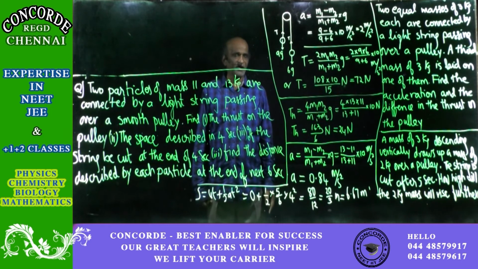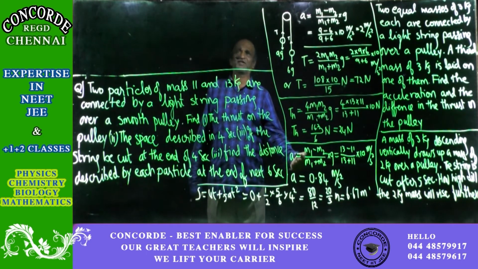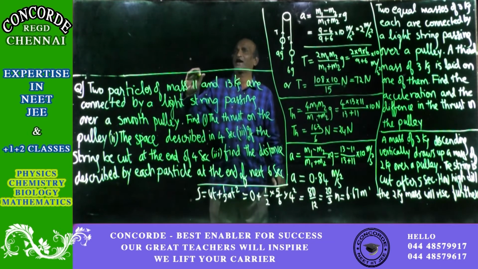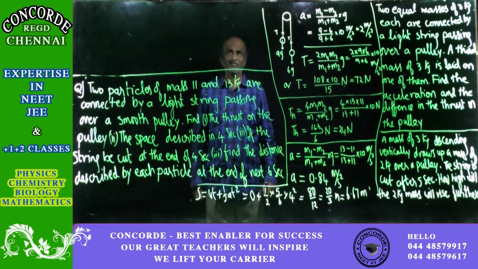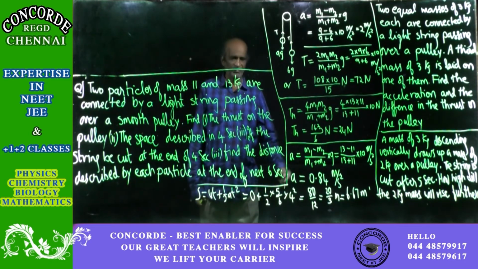So we have to only find out what will be the velocity in the first part, the final velocity in the first part. That will be the initial velocity. With that initial velocity for the next part and motion purely under gravity, find out how much more distance the body will move in the next 6 seconds.